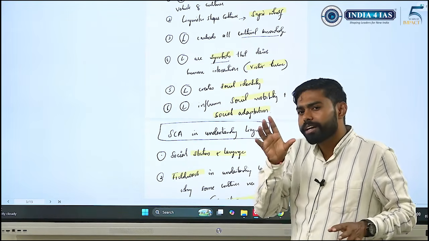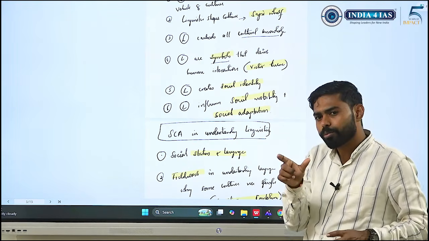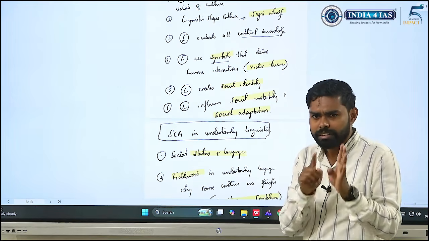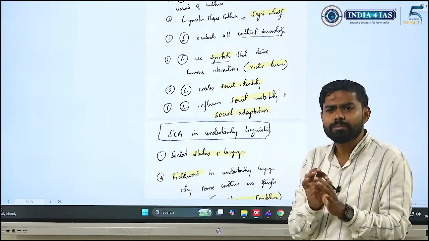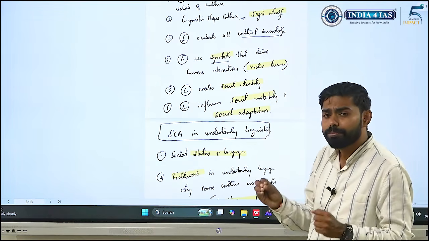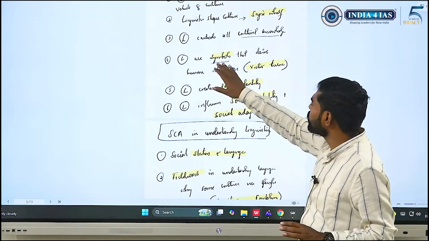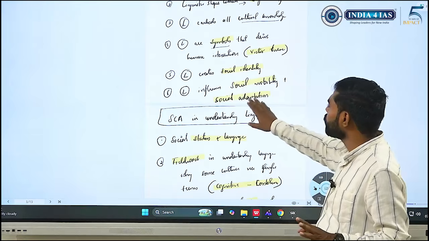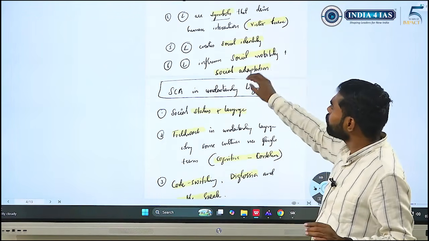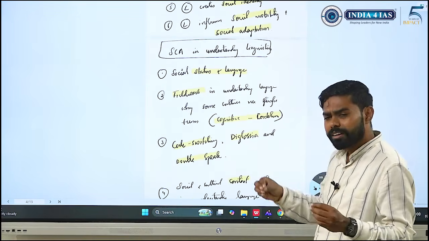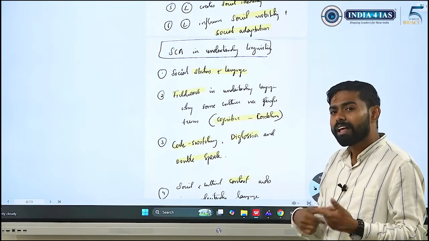Try to make a list of keywords of sociocultural anthropology on one page, just the theory names and the concept names. You will get some 60 keywords, and you can simply use them. See how I try to use symbols, Victor Turner, social identity, social mobility, social adaptations. You can go through the answer later on, but I'm simply showing you how we can make the answer look more anthropological.